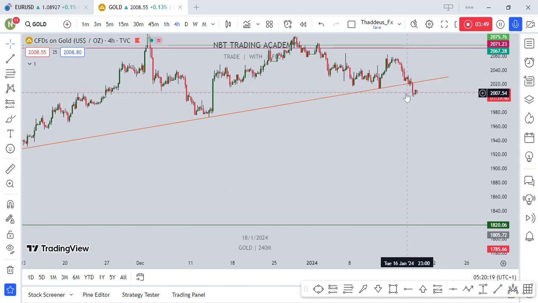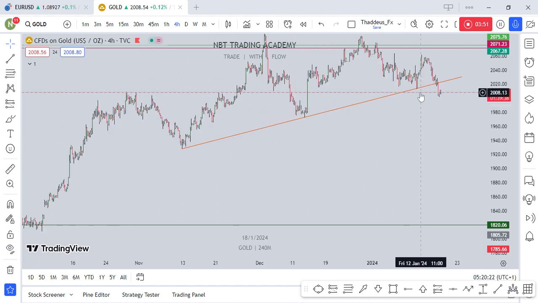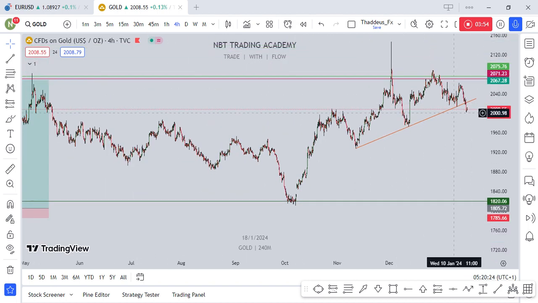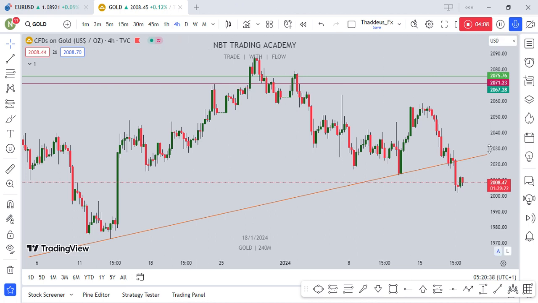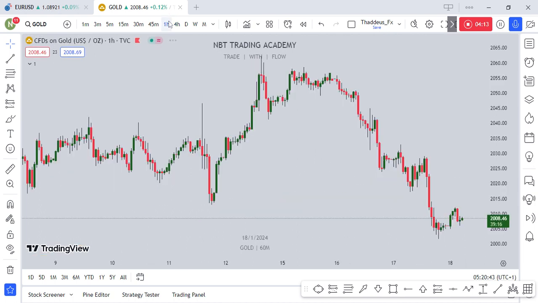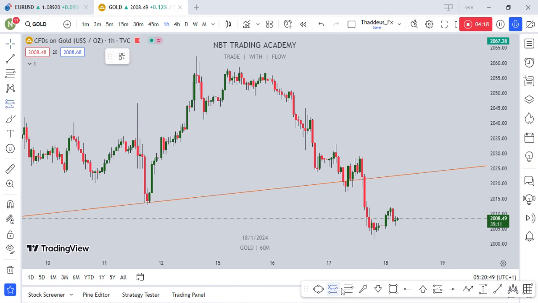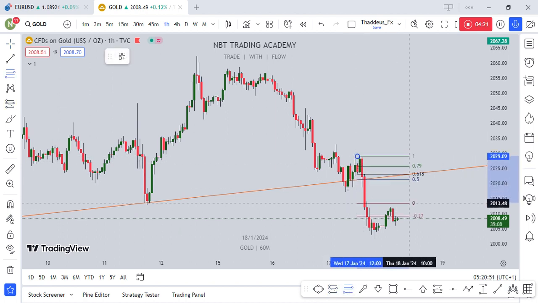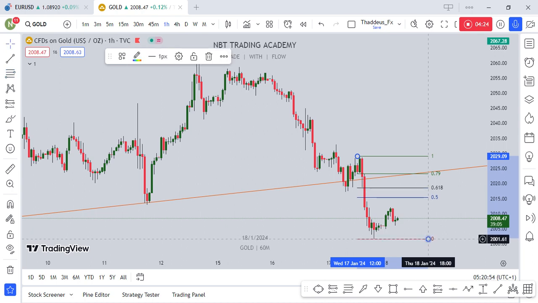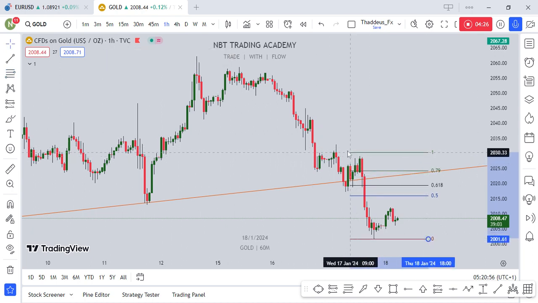So in looking for a retracement back to the trend line, we're going to be waiting patiently to see whether either the market breaks here, then we enter upon retest, or the market comes to test the trend line. So basically, now our counter trend line has been broken, which is another confluence on its own. Now we're on the 4 hour, and we're going to go to the 1 hour to draw our fib on a smaller time frame. Now we have gotten the buyers of the market, which means gold is about to crash. So what we just need to do is find an entry to join the crash of gold, guys.